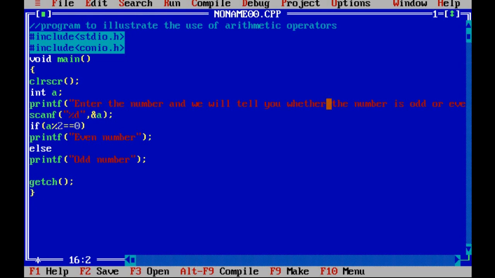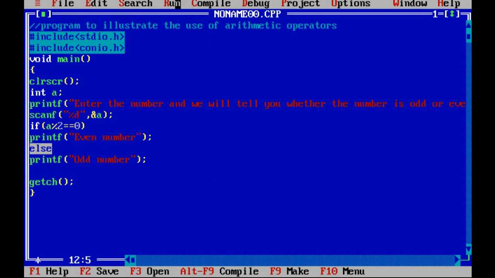Fine, so the program is ready. Now see what I am doing is, after I get the value from the user, that is the value of a, I will divide it by 2 using the modulo operator, okay, and if the remainder which comes is 0, then the number will be an even number, isn't it? For example, 4 divided by 2, what will be the answer? 0. Remainder will be 0, and if 5 is there, then remainder will come 1, right? So if the remainder is 0, then we will print that it is an even number, and if it's not 0, then we will print it is an odd number.